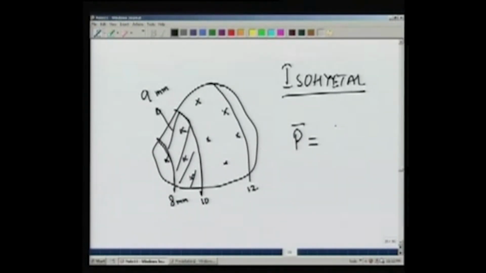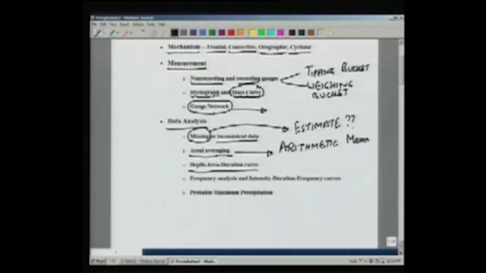And suppose P1 and P2 are the surrounding isohyetal values, and A is the area between them. Then we simply sum up the average precipitation into the area for all the isohyets in the area. Now, once we get the areal average, we can know what is the depth of rainfall over a certain area,